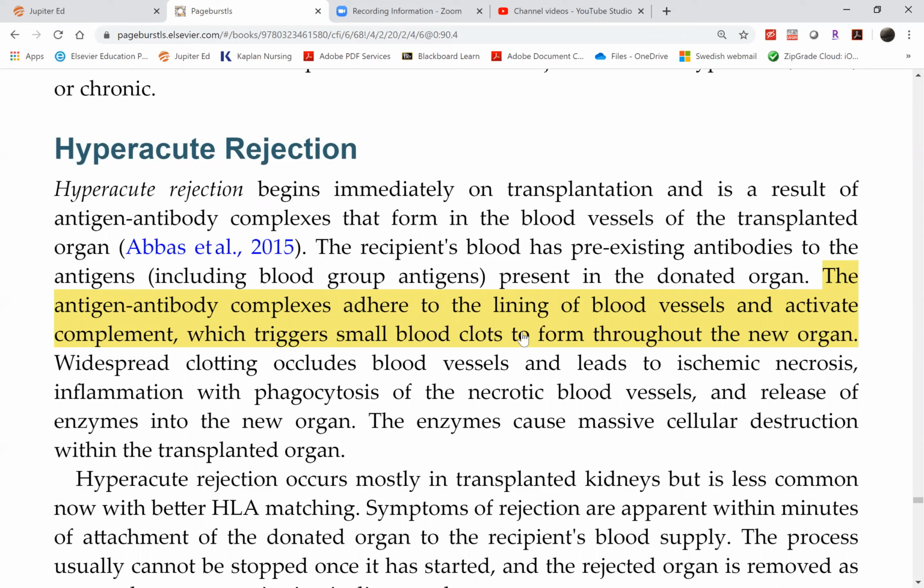The first one, which is the most rare, is called hyperacute rejection. Now, the signs and symptoms will not be mentioned here because we're not talking about a specific organ yet. We have,